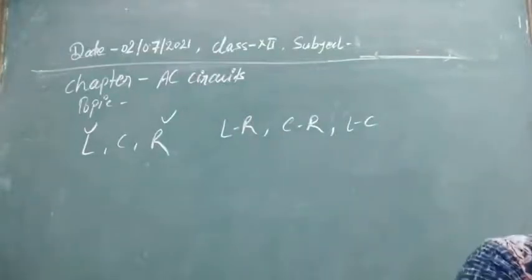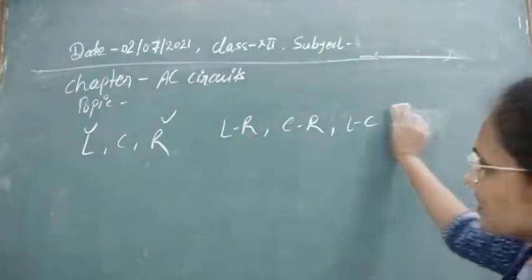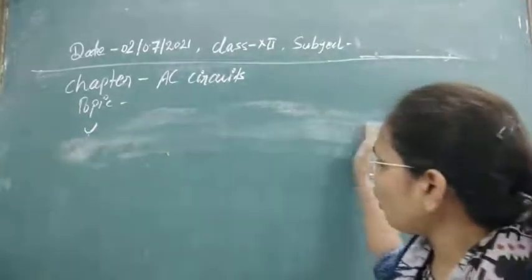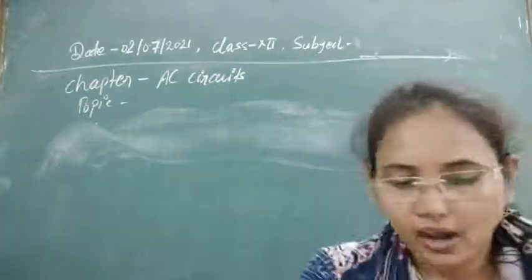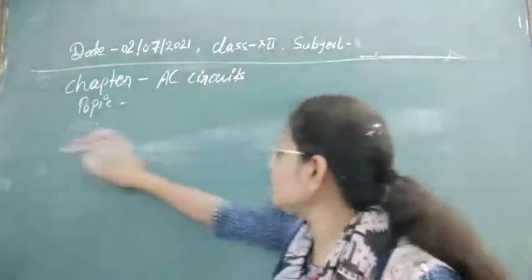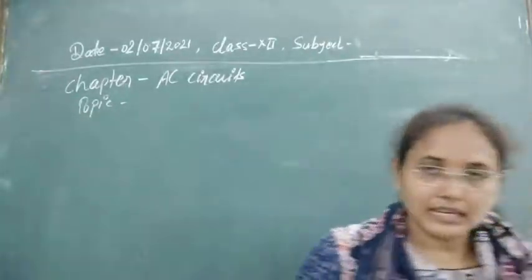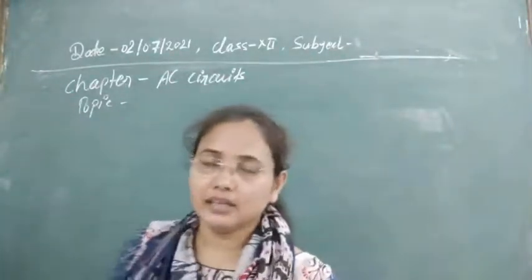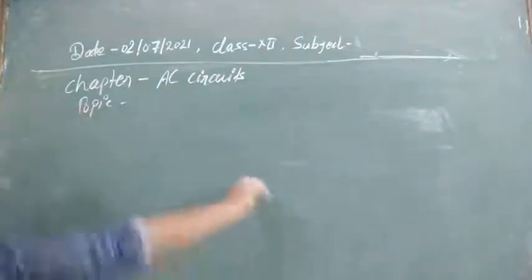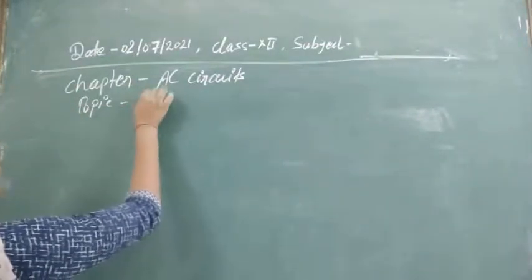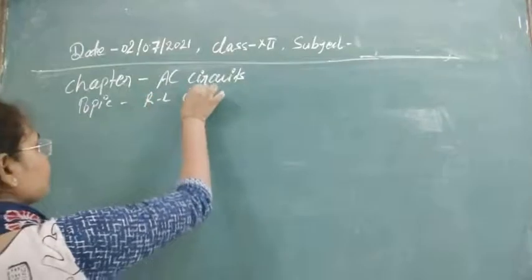For all three AC circuits we will see their reactances and their phasor diagrams. How can we solve the equations for the instantaneous value of current for these kinds of circuits? What is the leading and lagging property of the current? Let's see that one by one. So the first circuit that we are going to study is the RL circuit.